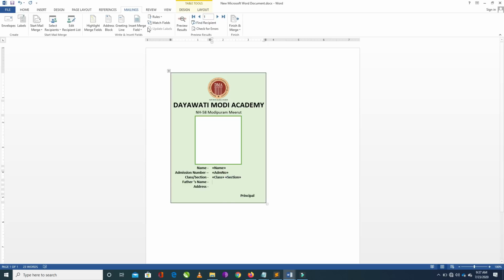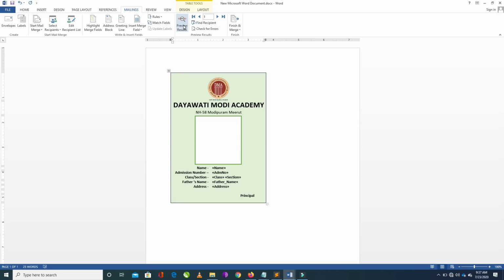Now father's name, click on father name and then address. Insert this merge field, address. So these are the merge fields we have added from the recipient list, and the recipient list is from the Excel workbook or Excel sheet. So our mail merge is completed.